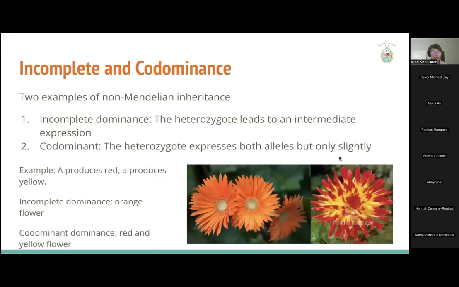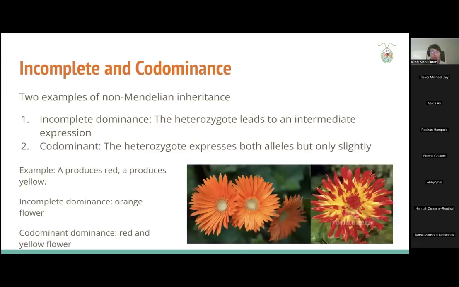So now we're going to be quickly covering 2 examples of non-Mendelian inheritance. So these don't follow the rules we outlined before. The first one is incomplete dominance. So the heterozygote leads to an intermediate expression between the 2 alleles. And the second one is codominance, where the heterozygote expresses both alleles, but only quite slightly. It can be quite difficult to remember which one is which because they can sound quite similar. So I like to remember these examples through